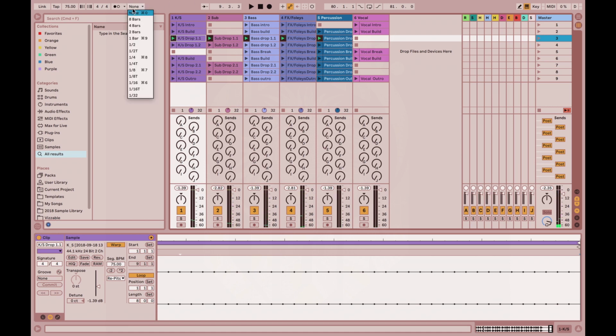So I believe, yeah, you can select this drop down right here, and this is basically whenever you trigger a section or another clip,